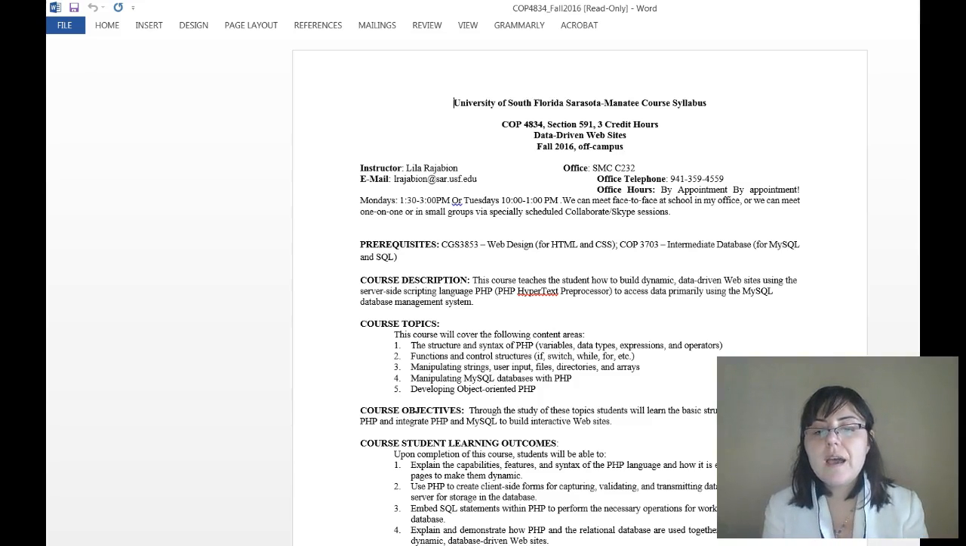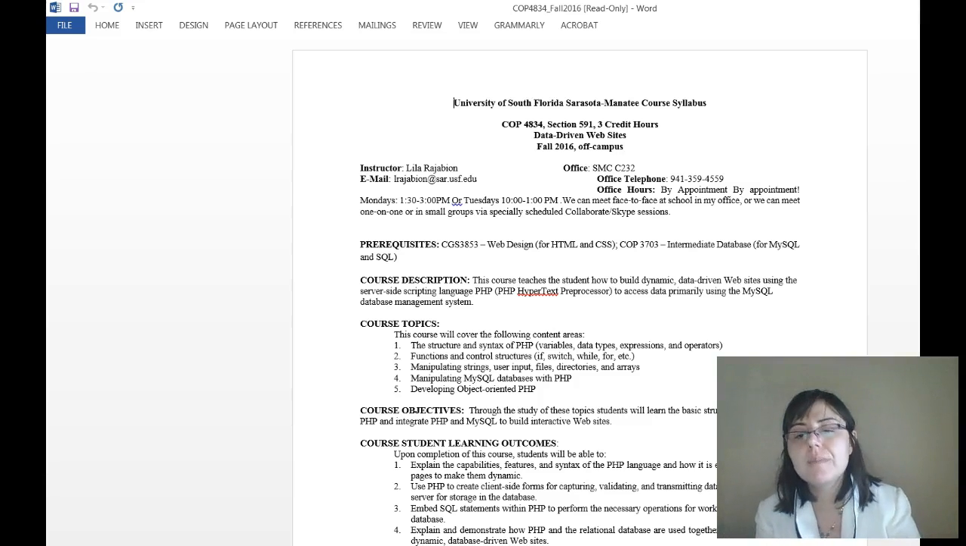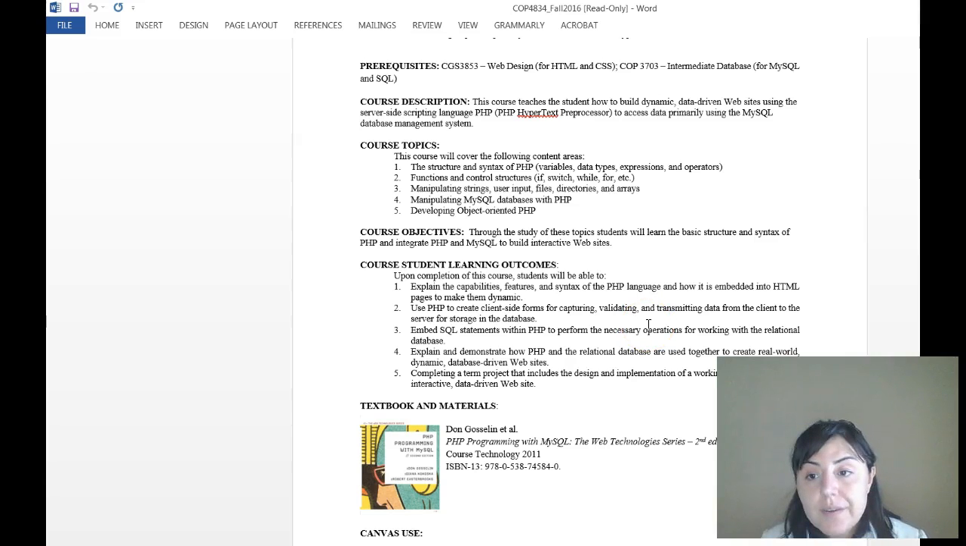After you finish this course, you should be able to create a dynamic website, such as an e-commerce site, or basically a site that requires you to be connected to a database. You will focus on creating SQL statements with PHP to perform the necessary operations that are needed. Some of the learning outcomes for this course would be to explain the capability, feature, and syntax of